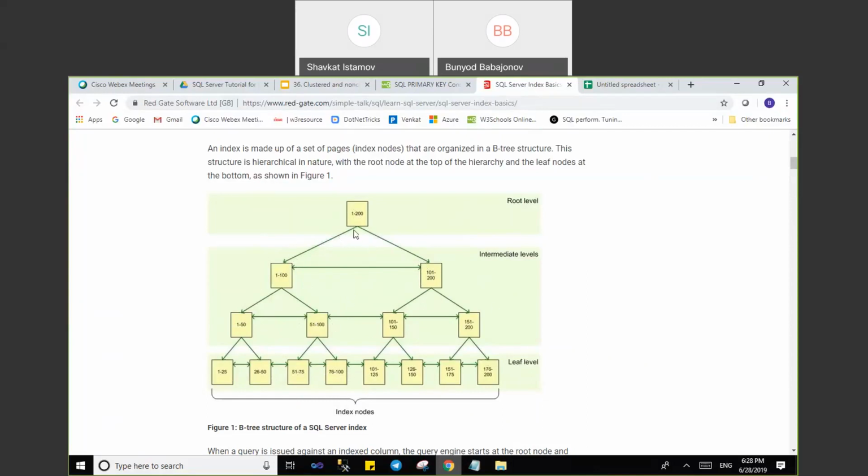It has the pages, okay? Each page has a certain number of rows or the pointers, okay? And now, like we have root level, intermediate level, and then leaf level, okay? Just like a tree. If you imagine this as a tree,